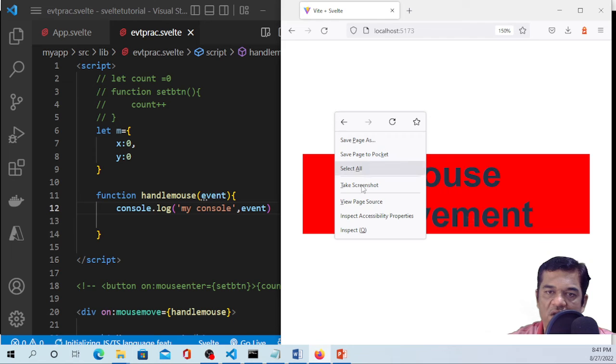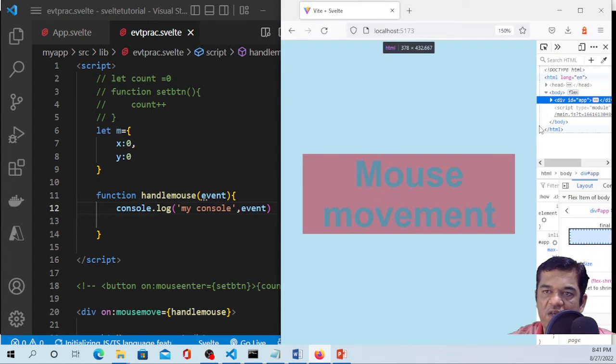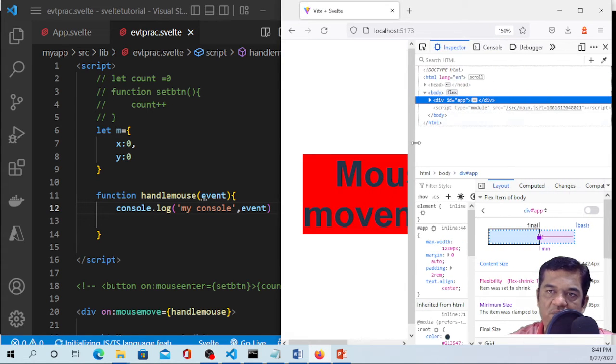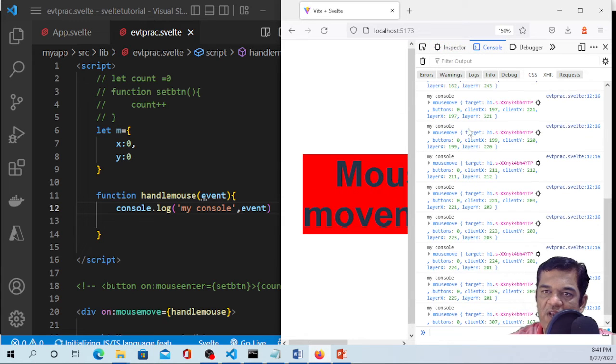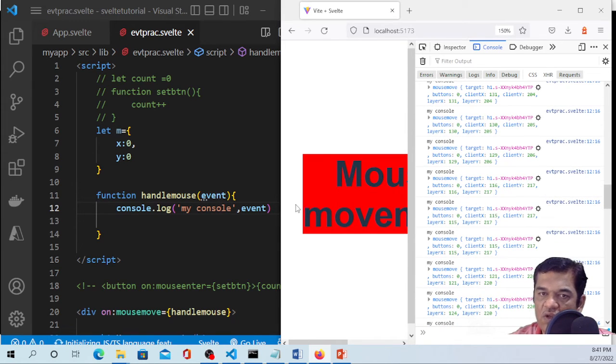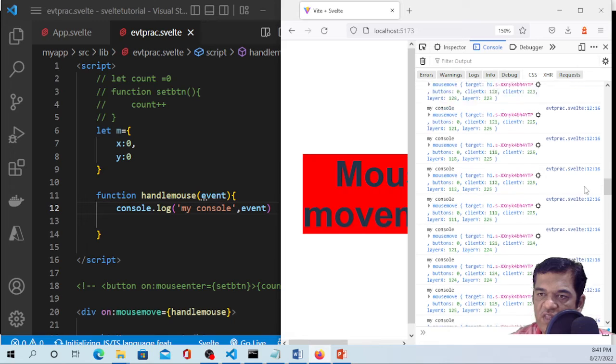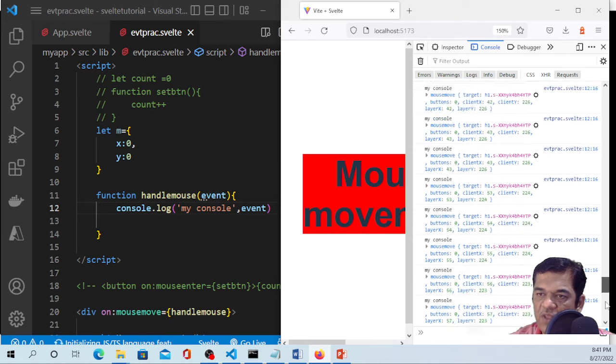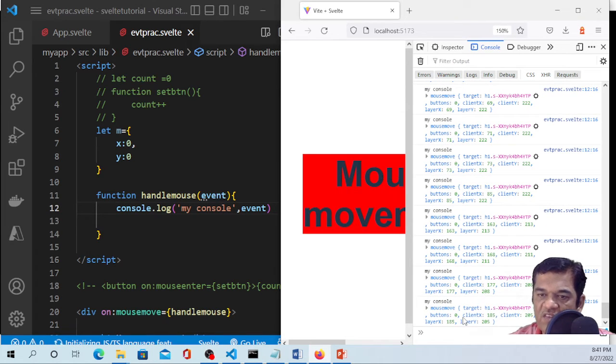So we'll inspect that event here and see exactly which property we get the values from. If you see this client, if I move this, you will see it moving. Whenever I am moving, so many movements are happening. So the client x and client y properties will tell you the x and y coordinates of the mouse. See, if I am moving here, these x and y are changing. So let's take these properties and